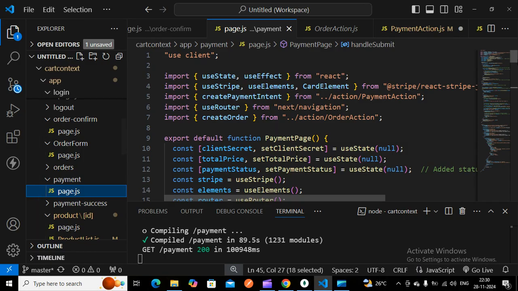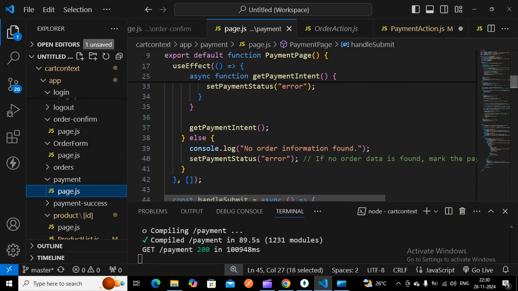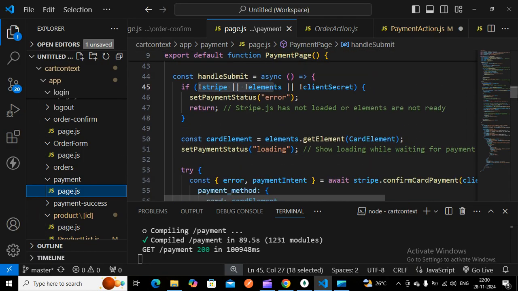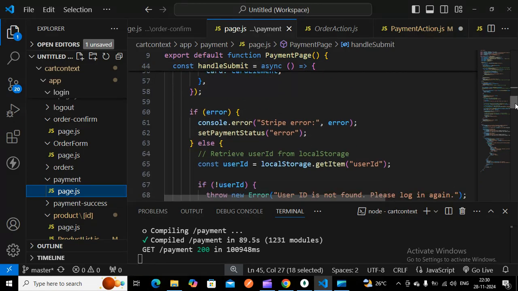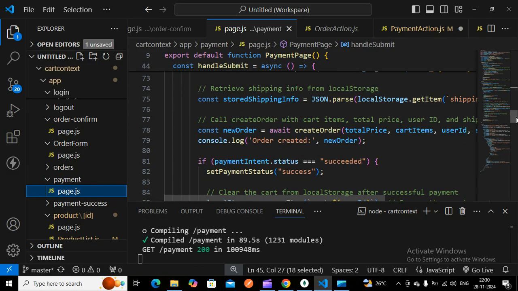So here I have the particular payment page. I am getting the shipping info and cart item. I pass it to this create order. It will return the plain order, so the new order will get that plain order. This is for the consoling purpose.